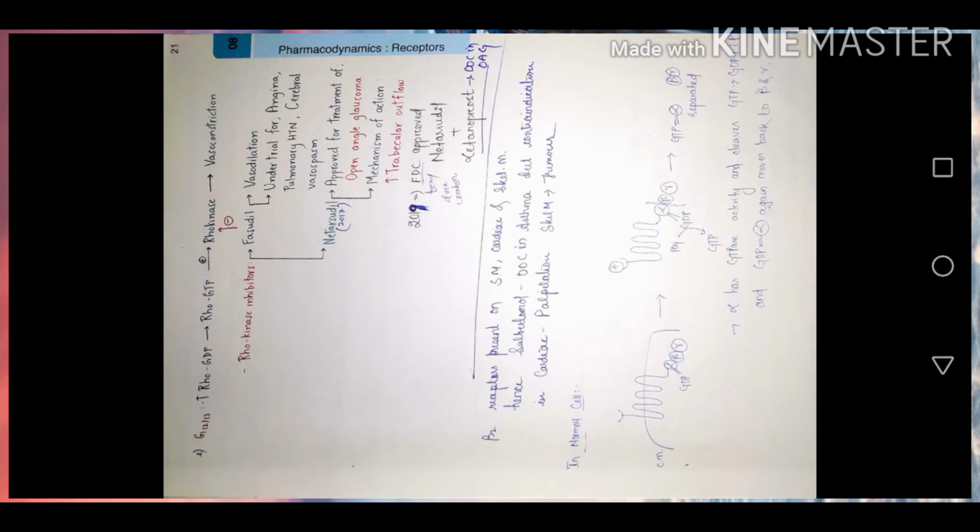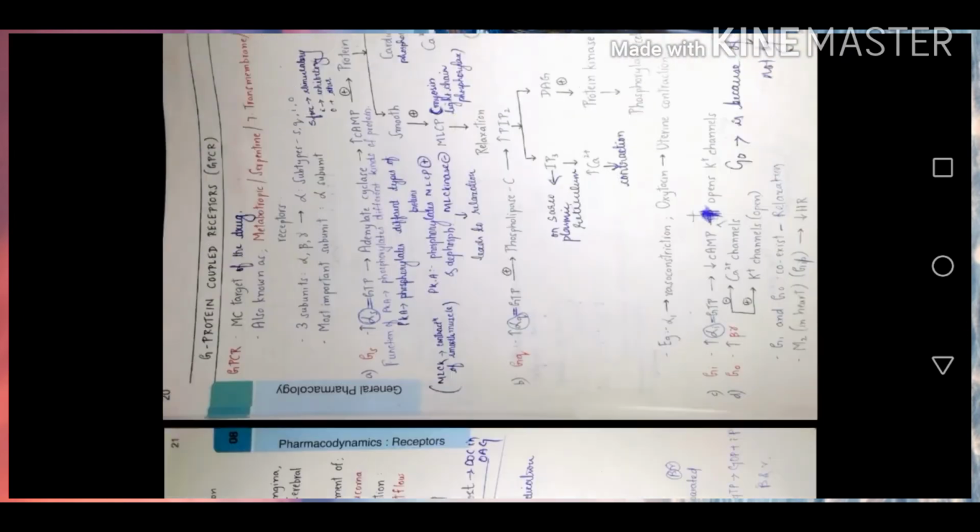So what happens in the next step? Alpha is having GTPase activity, hence it breaks the GTP to GDP and inorganic phosphate. Once it loses the inorganic phosphate, again it becomes sad about it, and hence it again goes towards the beta and gamma, and again it makes friends with them. This process is repeatedly happening. So to make this process repeatedly happen, we have to stimulate this receptor again and again by giving the drugs, right? That is only what I am trying to explain about this.